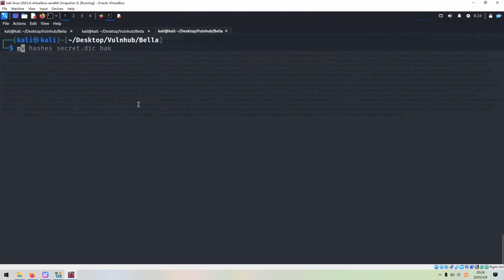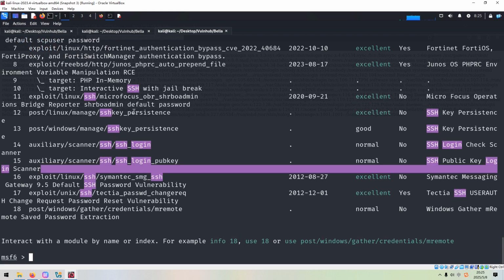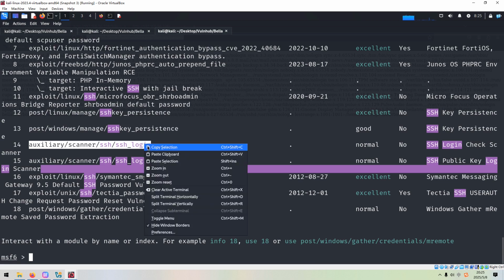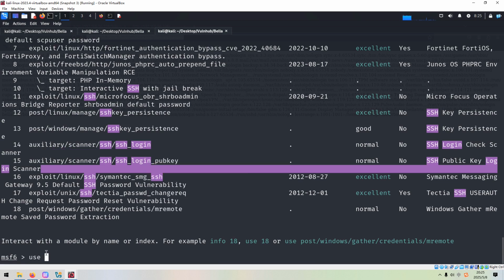Okay, let me launch Metasploit console with the -q option. This means quiet mode, so this will not display the banner message. Okay, it's done. Now we can search SSH auxiliary, or maybe we can search login. And I think this module is what I'm looking for. We can copy, and then we can use this